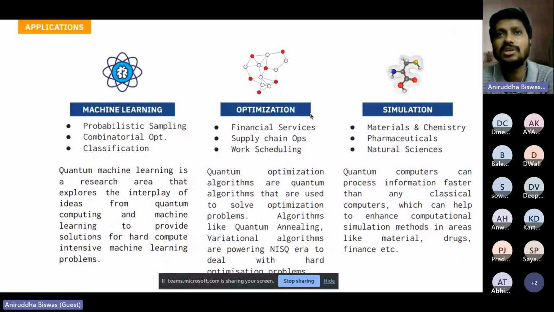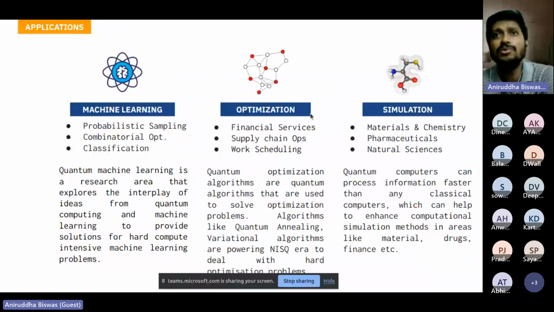In simulation also there are two areas broadly which we can classify them into. One is basically quantum simulation. What exactly do we mean when we talk about quantum simulation? Suppose a system is inherently quantum. What systems are inherently quantum? Let's consider a chemical system. Suppose you would want to design a molecule. That's inherently a quantum system, right?